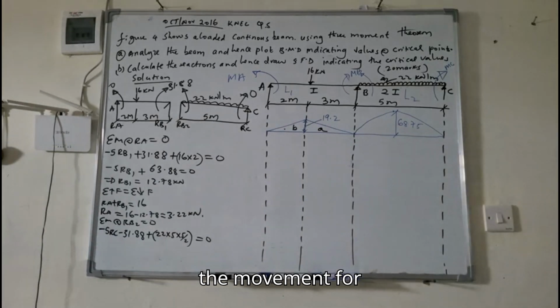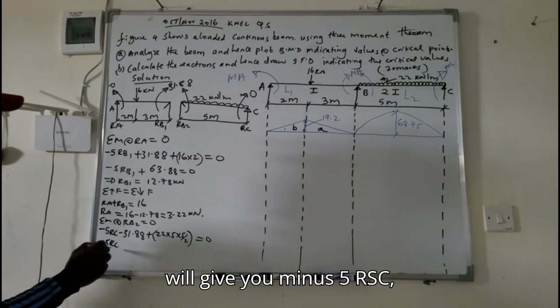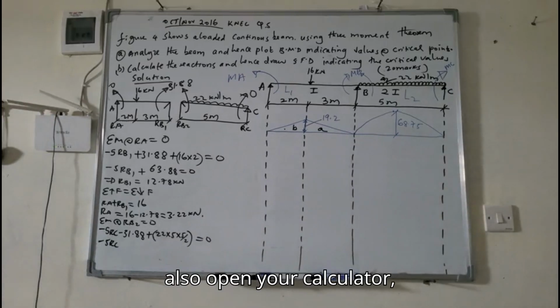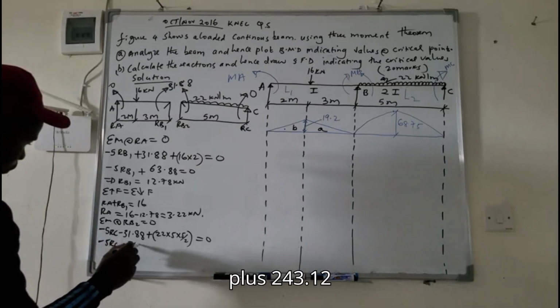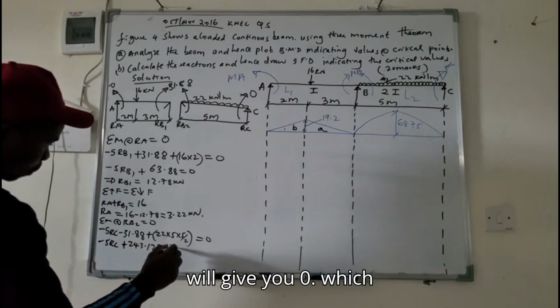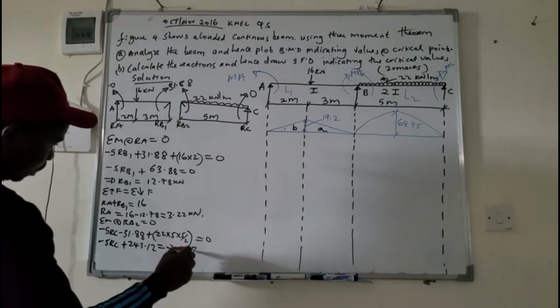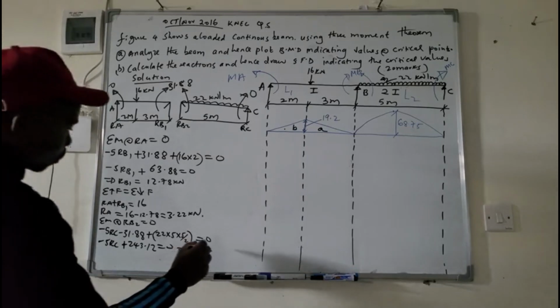That is where the moment for UDL is. So this one will give you minus 5 RC. Also punch your calculator. Plus 243.12 plus 243.12 should give you 0, which imply RC is equal to 48.62